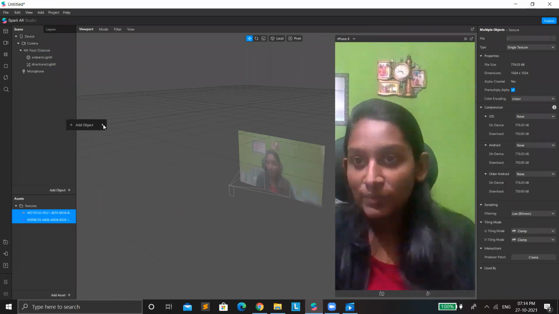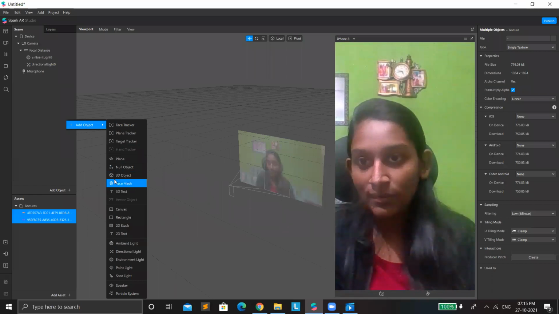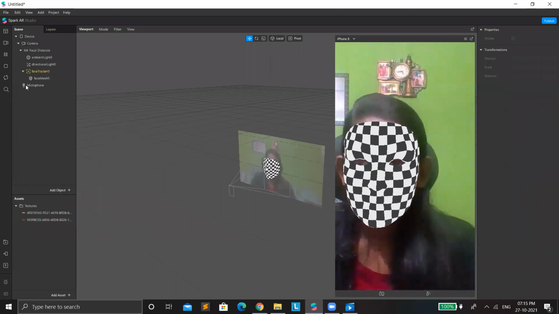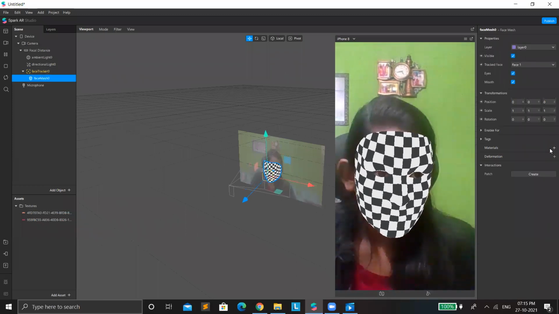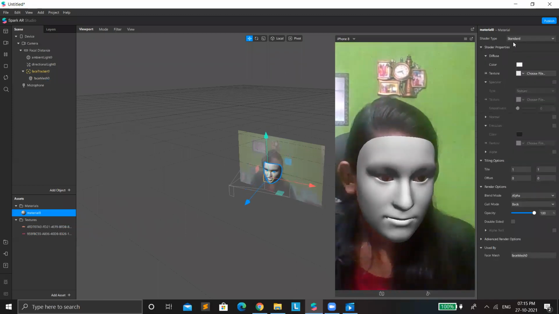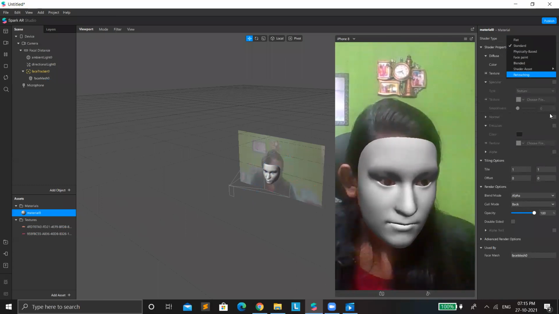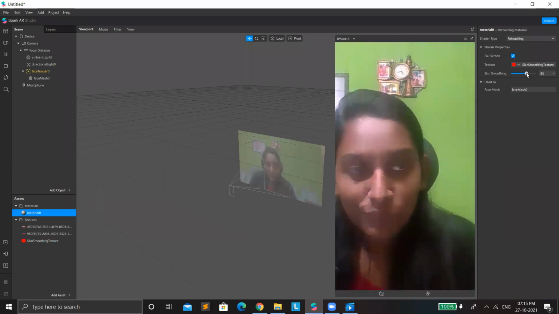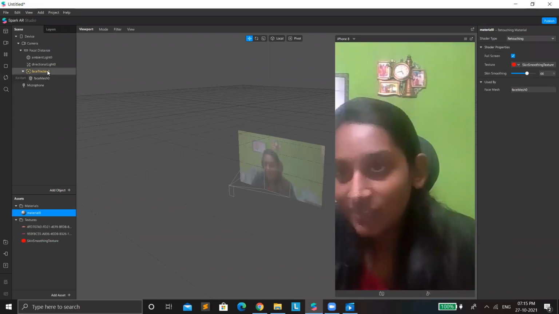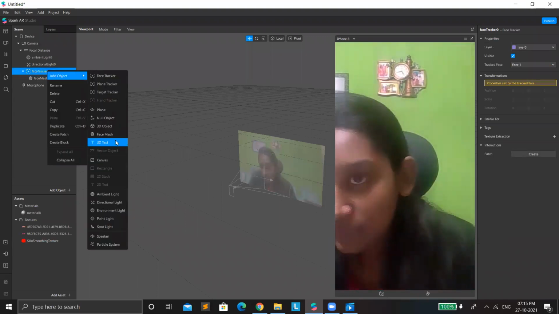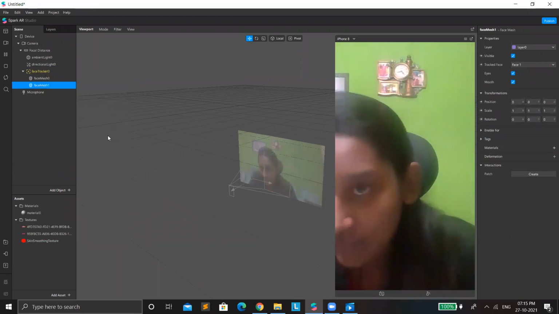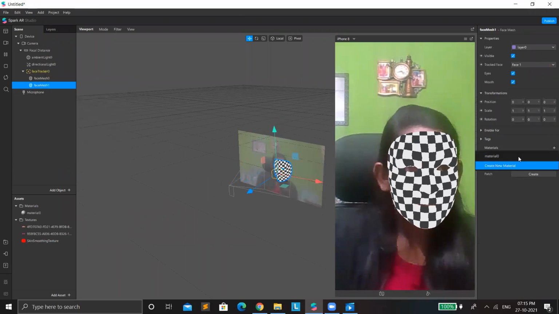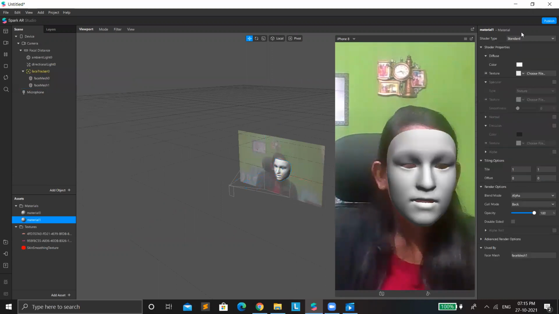Let's add the face mesh. First of all, let's add the retouching effect. Whatever filter you are creating, you must add this. It gives a little softness to your skin. So yeah, let's add this, and in the materials, go for the shader type flat,